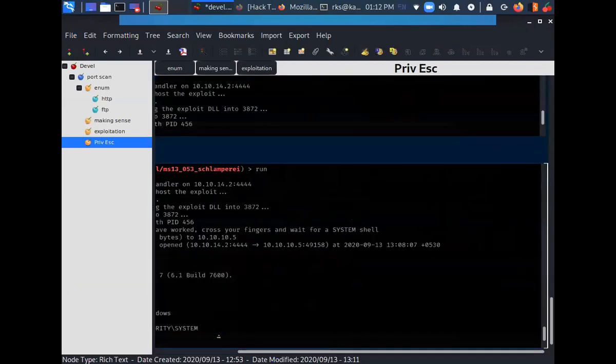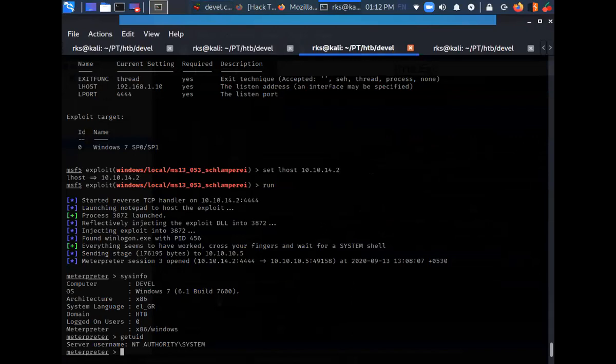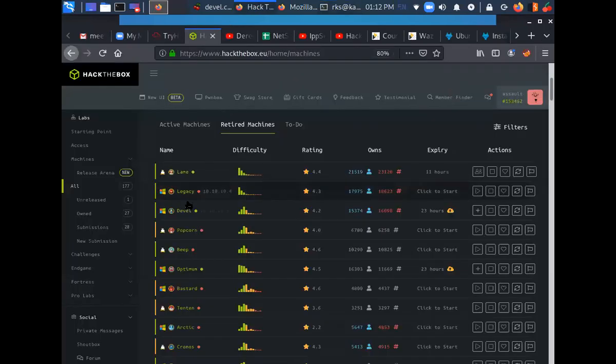I am the root here, I mean NT AUTHORITY\SYSTEM. And here you can see that I have successfully rooted this machine. Now I have already submitted the flags. Let me just confirm. Yes, I have already submitted it.